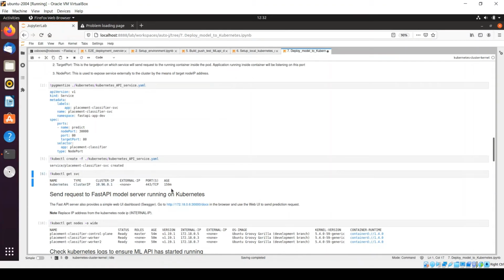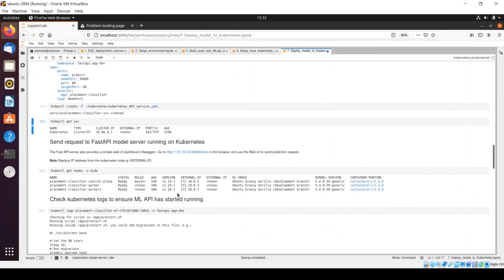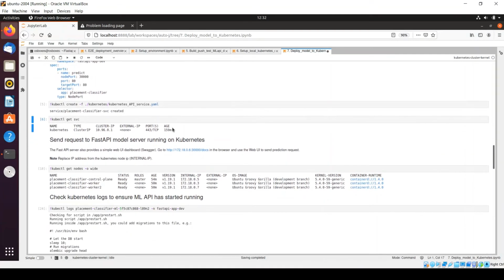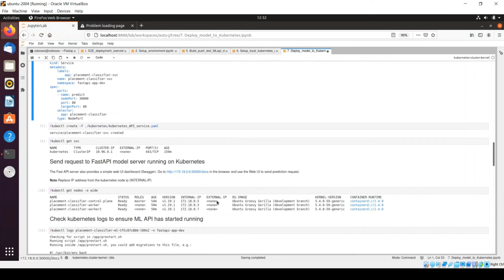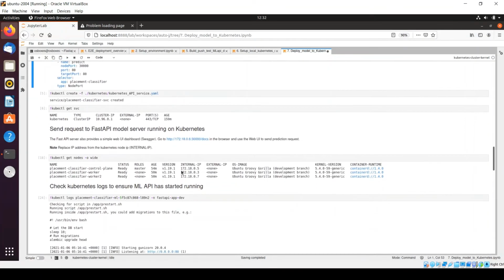And now we'll try to access the application running inside my pod. Okay. And in order to access the application running inside the pod, we first need to get the node IP, right? Because that's what we have defined here, node port, right? And in order to access any application running inside the node, we need to give the node port IP. And the node IP here is, you can either take this one or this one, right?